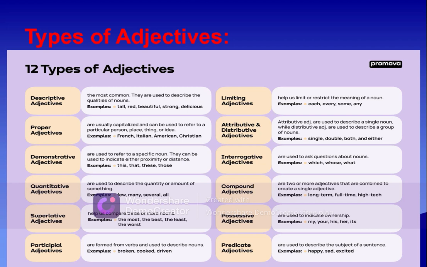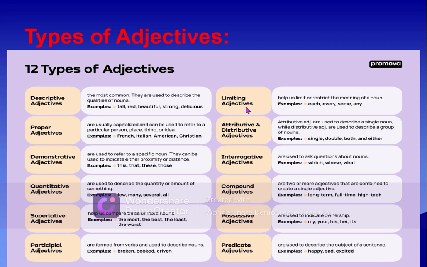Along with this, I shall add one more point. Present participle form of a verb can be used as adjective in the sentence. Interesting party. We say interesting party. Interesting is the present participle form of verb, so it can be used as adjective in the sentence.